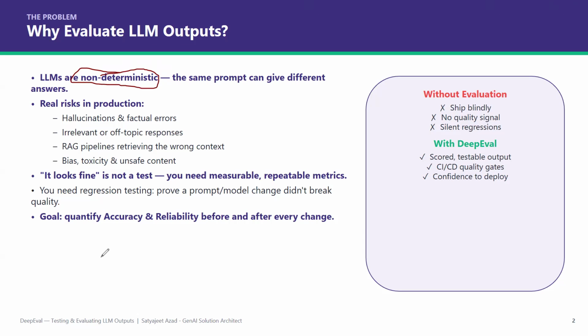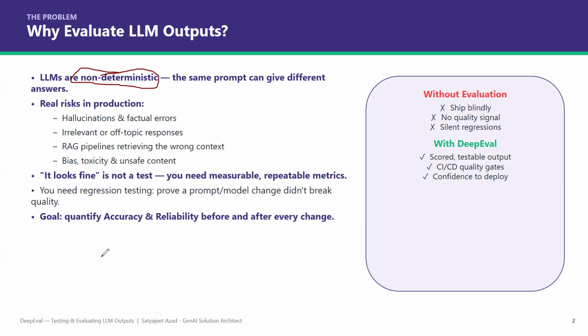For example, take the same person. If I ask you the same question and you give me a different response, are you probabilistic or deterministic? You are probabilistic, because I am not sure what response you will give for the same question the third time, right? LLMs are mastering that. In some cases, if you are not giving the prompt wisely, and even if you are giving the prompt wisely, they may still deviate. They may not give you a grounded response. That is the reason we need to evaluate LLM outputs.